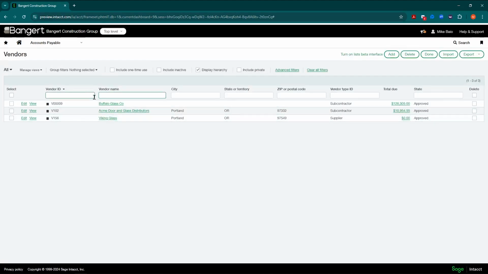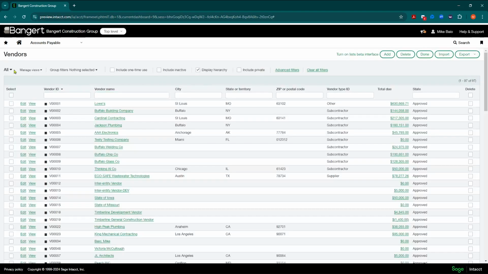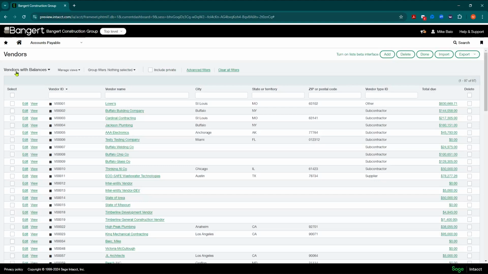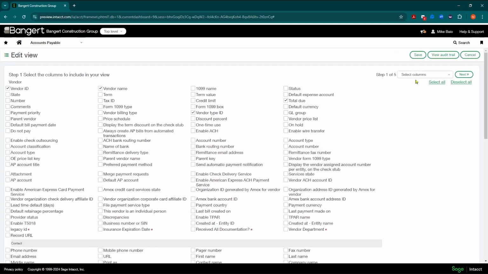So that's there today. If you want to make views, you have to switch and create a new view and then edit it from there. So if I want to edit this vendor balances view, I'd have to come into here and edit, and it takes you into this wizard. It's a little clunky to go next. There's a lot of steps to it.